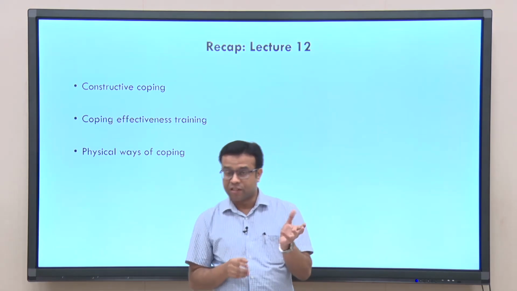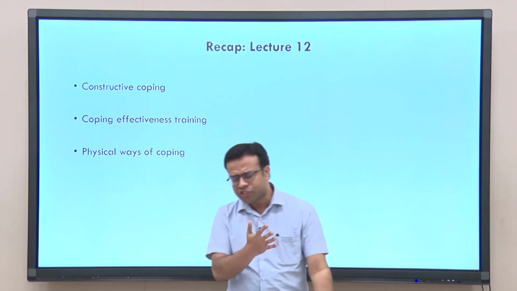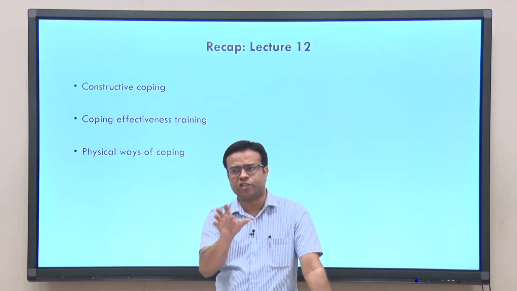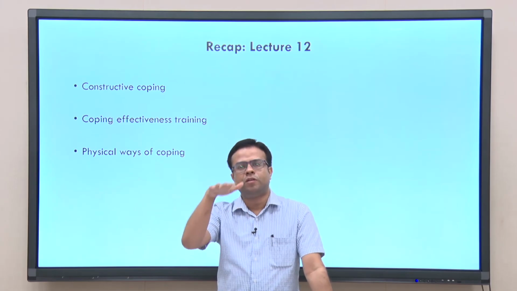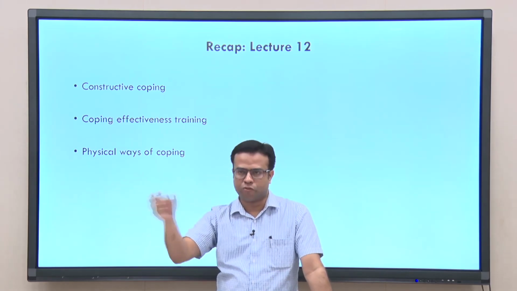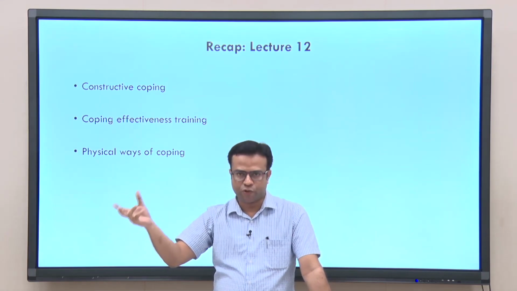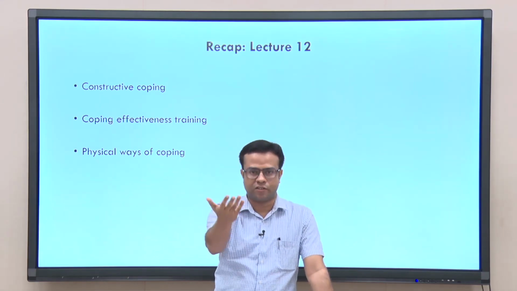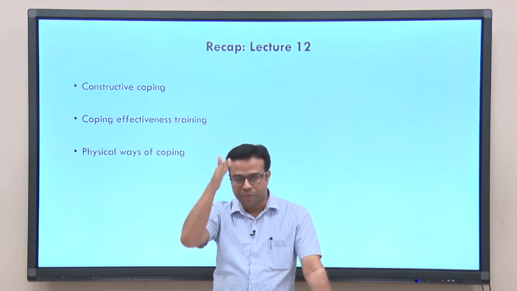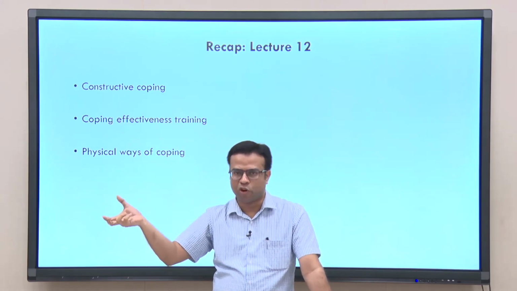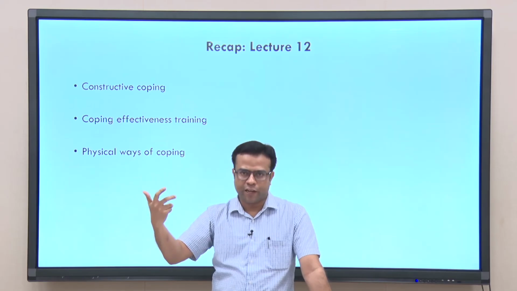We discussed 3 important steps. The first step is identifying stressors and breaking them from general to more specific stressors, or a larger stressor into more manageable smaller stressors, because it is difficult to deal with larger stressors at a time. So, it is always better to break them into manageable smaller chunks so that we can deal with them